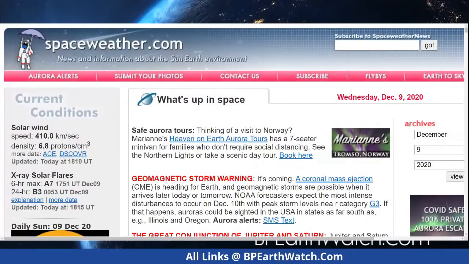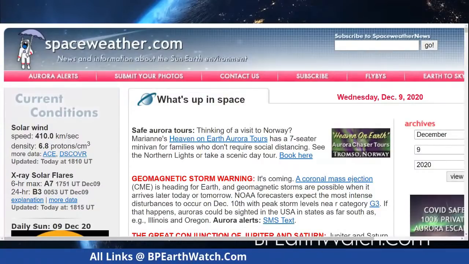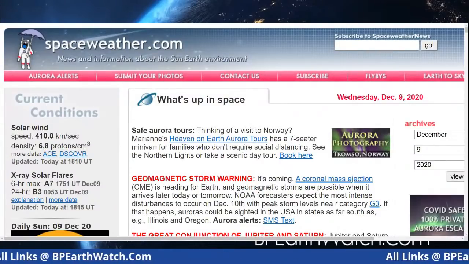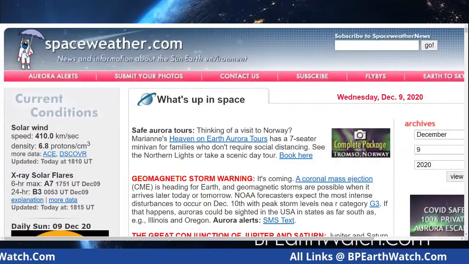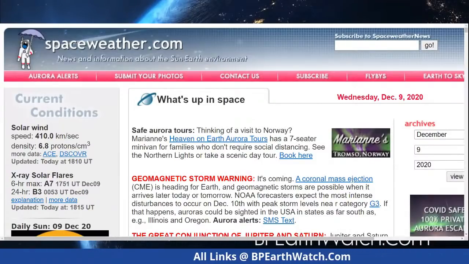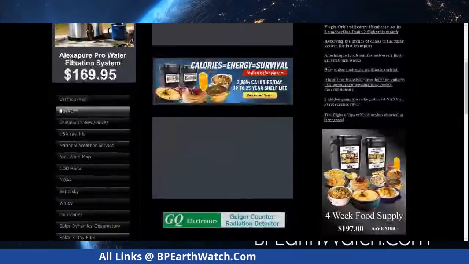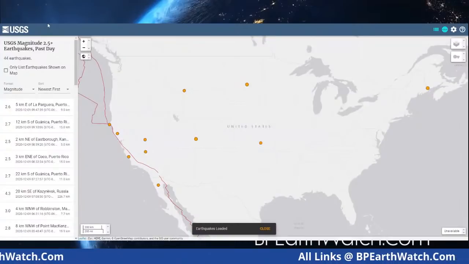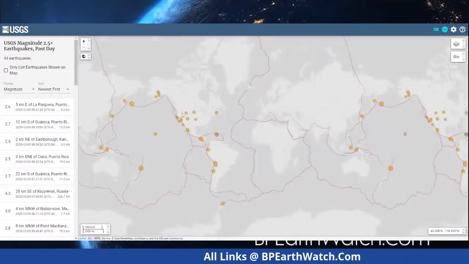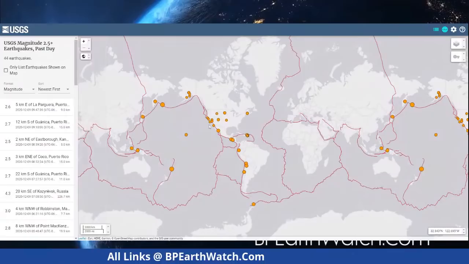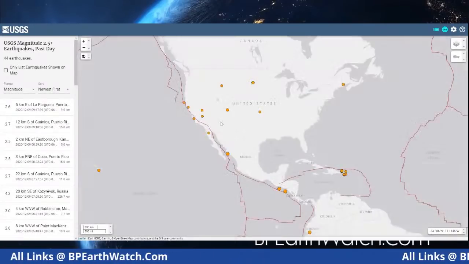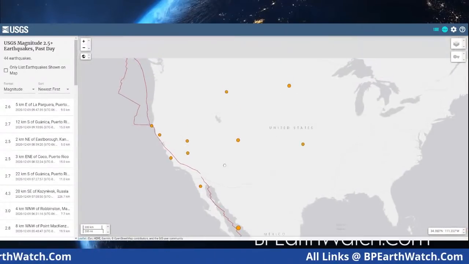South Dakota earthquake, and guys, what you do, you go to USGS, or you can simply go to bpearthwatch.com. The top link says earthquakes right there. It's going to take you to the USGS, and let's see if we got any new quakes. Really, we're not. You may be seeing some increase, but we're not really at that impact point yet.